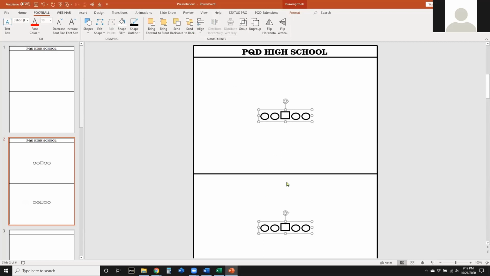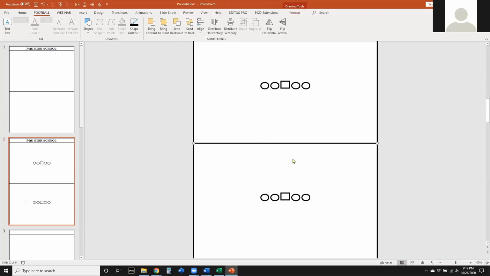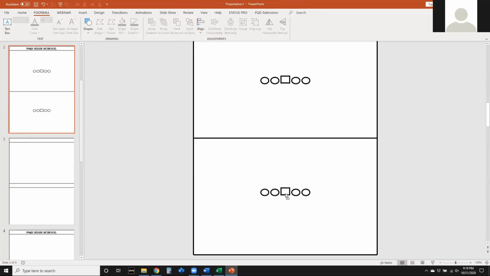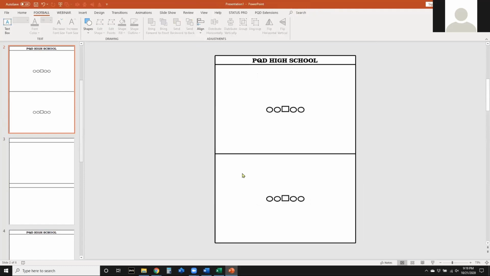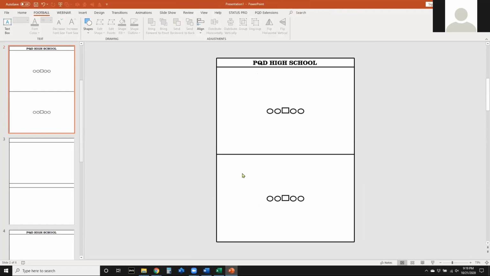Control, Align. We'll go to the right. I can select Object 1, Object 2, Object 3, and then go to my Distribute Vertical. Now I've created just a nice little offensive line, so that way you can print this out, add in the